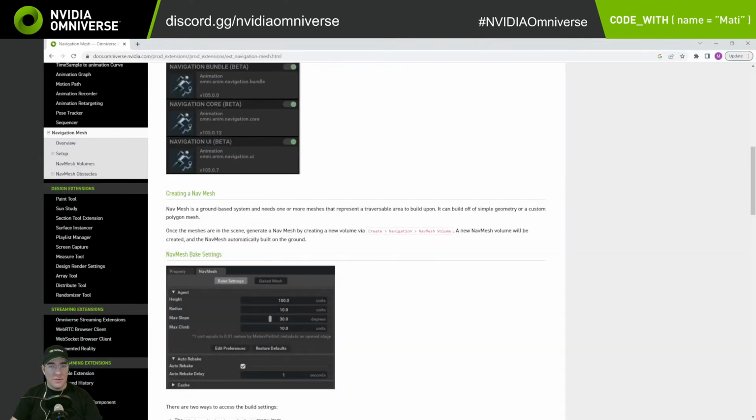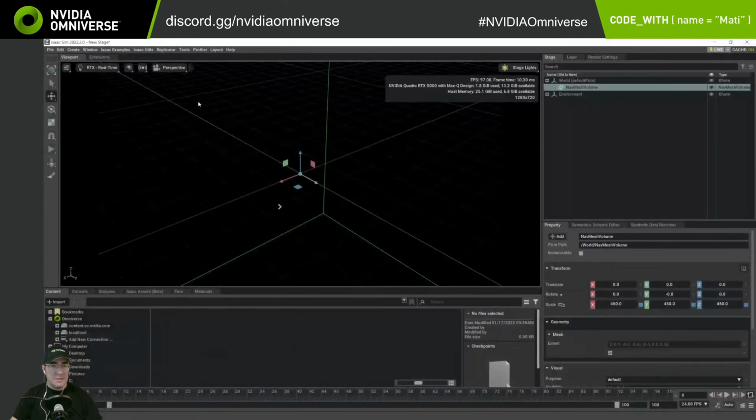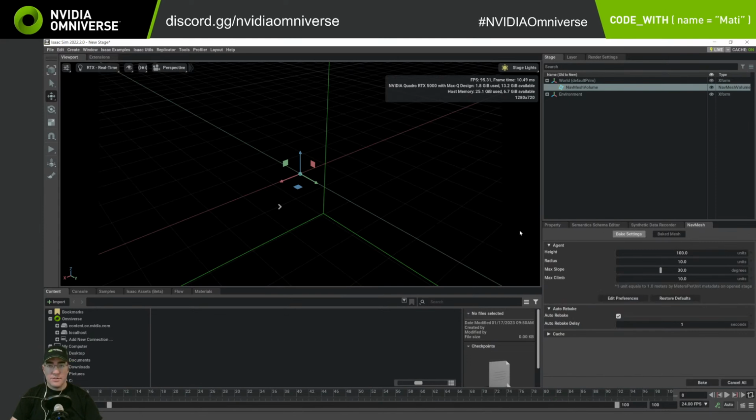We might need a ground plane, but we'll see. It says it'll automatically be built on the ground. And then there are bake settings for the nav mesh, which are located in window, navigation, nav mesh. So let's take a look at that. Window, navigation, nav mesh. And